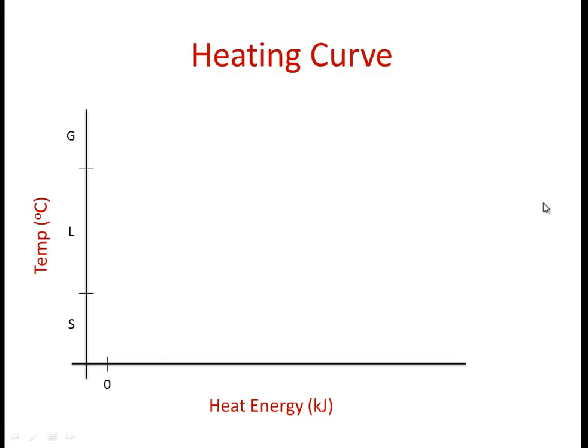Okay, now what we specifically want to talk about in this video are a couple of processes called heat of fusion and heat of vaporization, and those are, I think, most easily understood in the context of a heating curve. So what I've got here is temperature going on the vertical axis, and then heat energy on the x. So as we go from left to right on the horizontal axis, we are adding heat